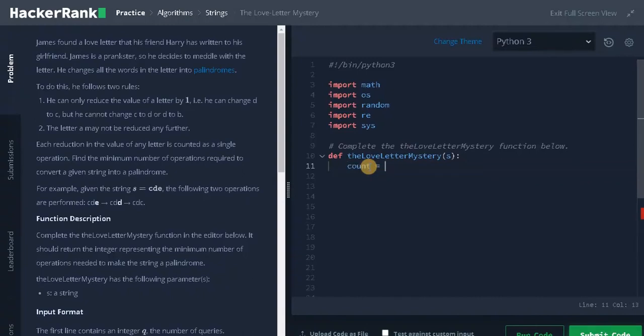Initialize count equals 0 to find the difference and add it to the count. Now we need to iterate the characters up to half of the string. That will be for i in range of length of S divided by 2. So it will go up to half of the string. If the string length is odd, it doesn't consider the middle character because we don't need to consider the middle character in the palindrome. So the logic will be count plus equals absolute of